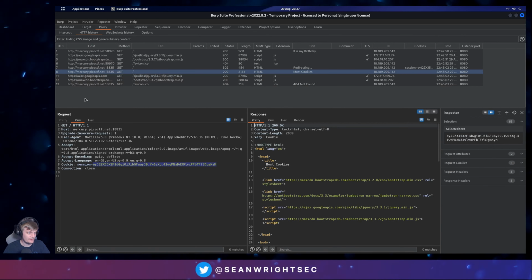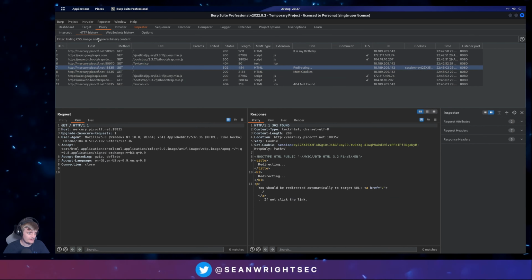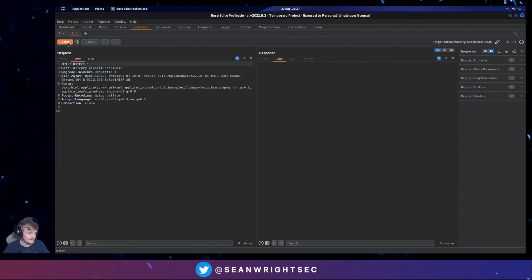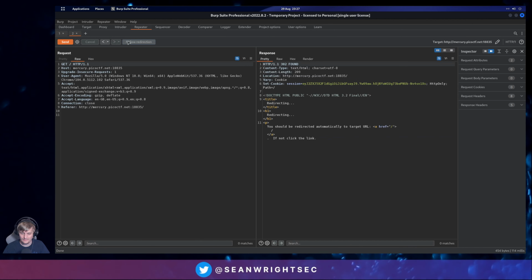So what we can do is let's just send this to Repeater so we can get a new token. Okay, so we hit that. I don't know why the follow redirection is not